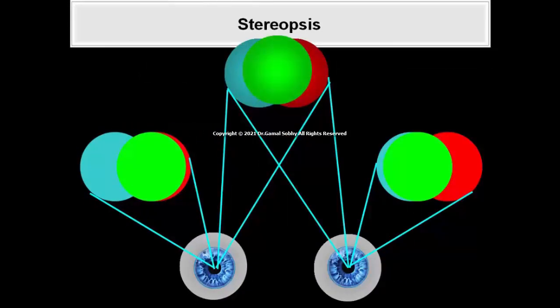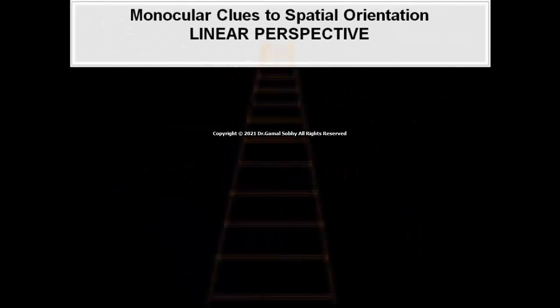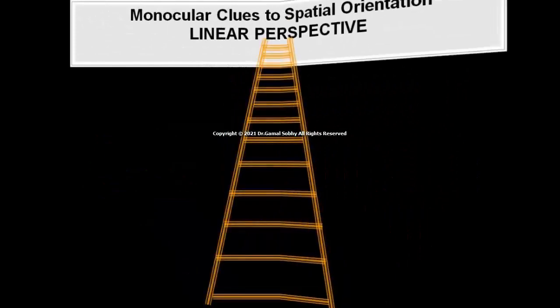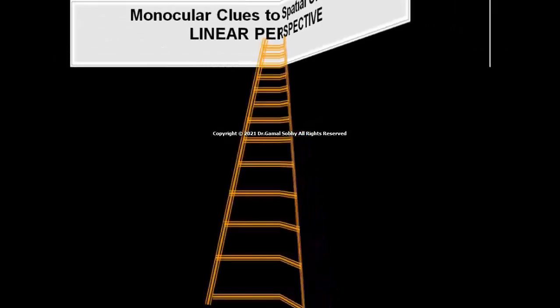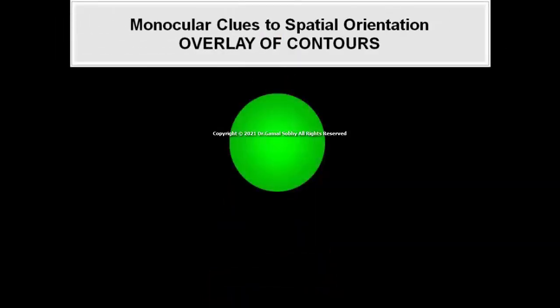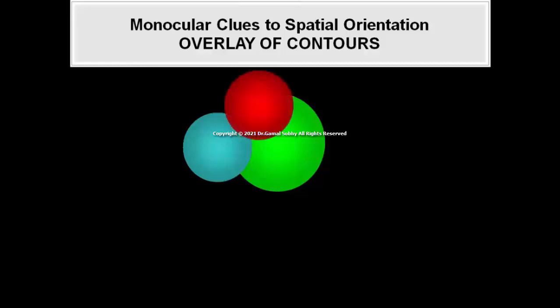Stereopsis is the relative ordering of visual objects in depth, that is, in the third dimension. Object points having a constant size appear to subtend smaller and smaller angles as they recede from the subject. Configurations in which contours are interposed on other contours: an object that interrupts the contours of another object is generally seen as being in front of the object with